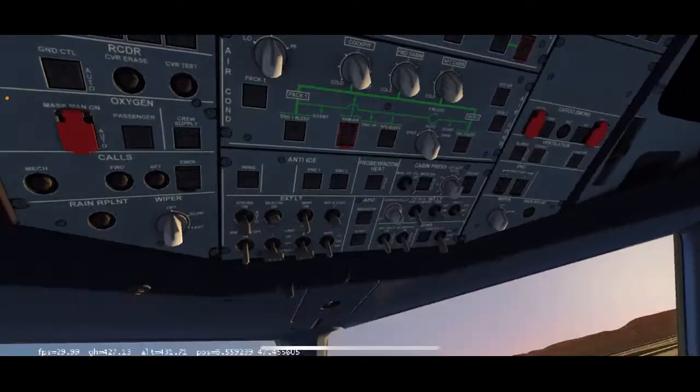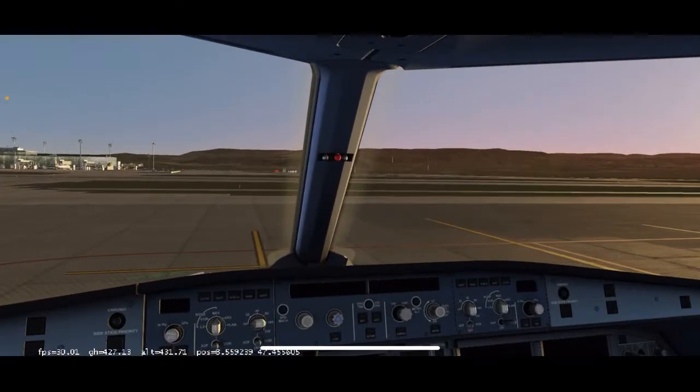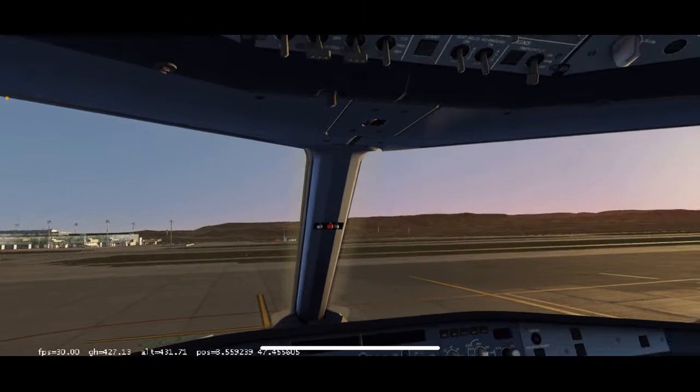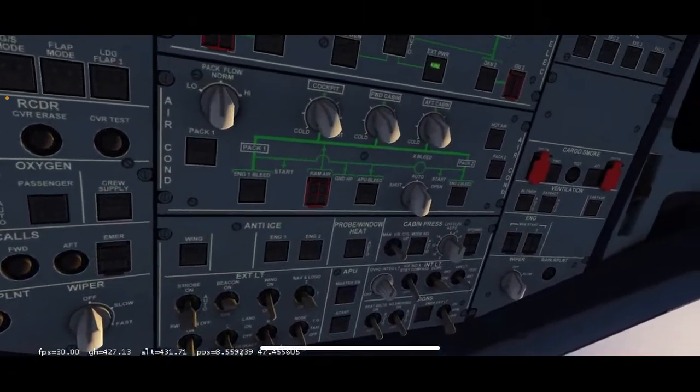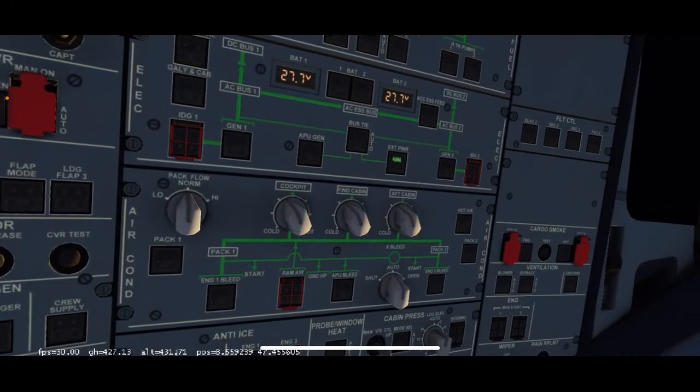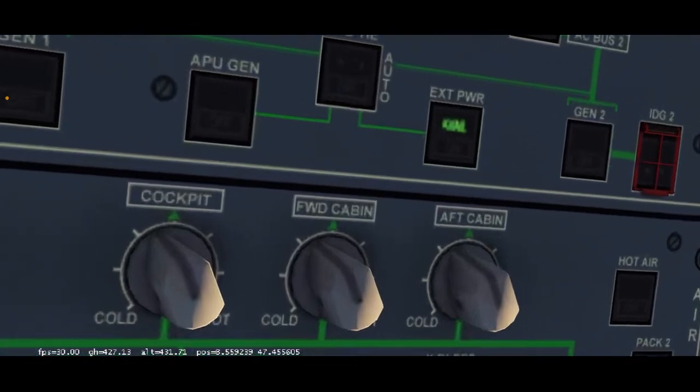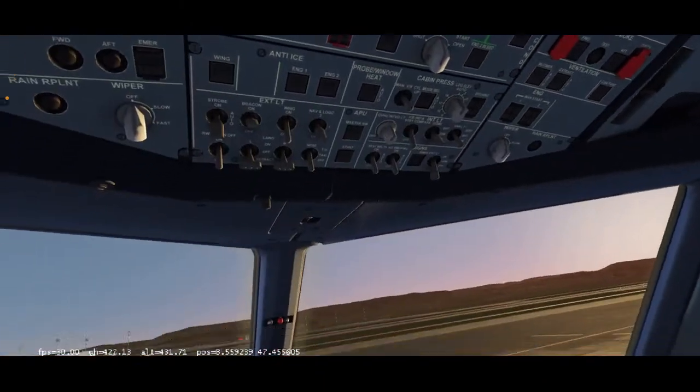So what you're going to do, I'm going to go very slowly. Let me know if I went too fast. So you guys are going to look very slowly on the middle panel. And Casper, let me know if I'm doing anything wrong here. You're going to go to what you see right here. I'm going to do that again because I know people are going to be like, oh, you went too fast.